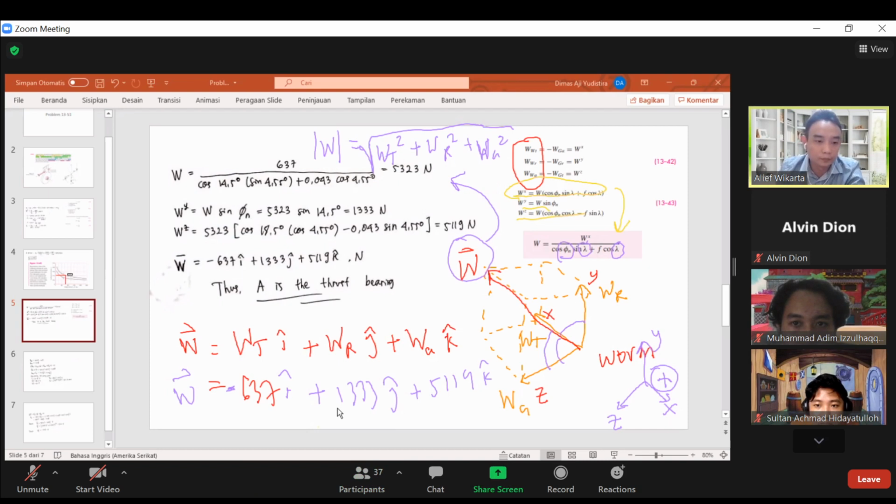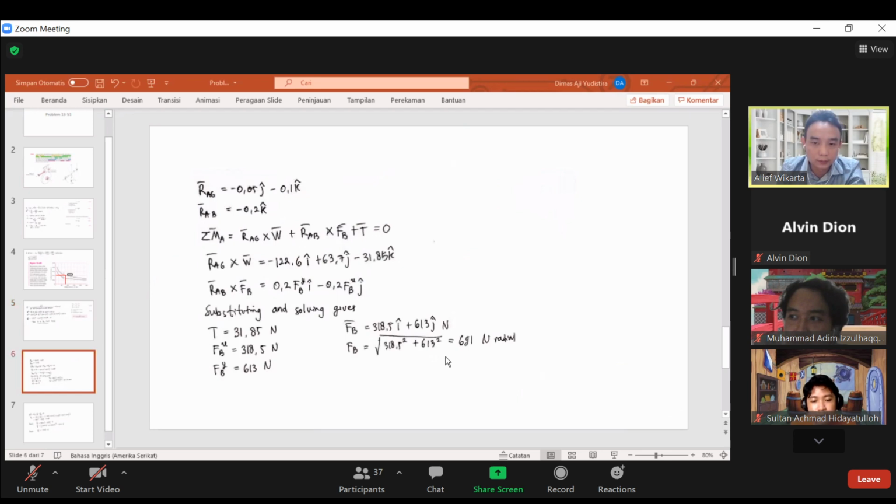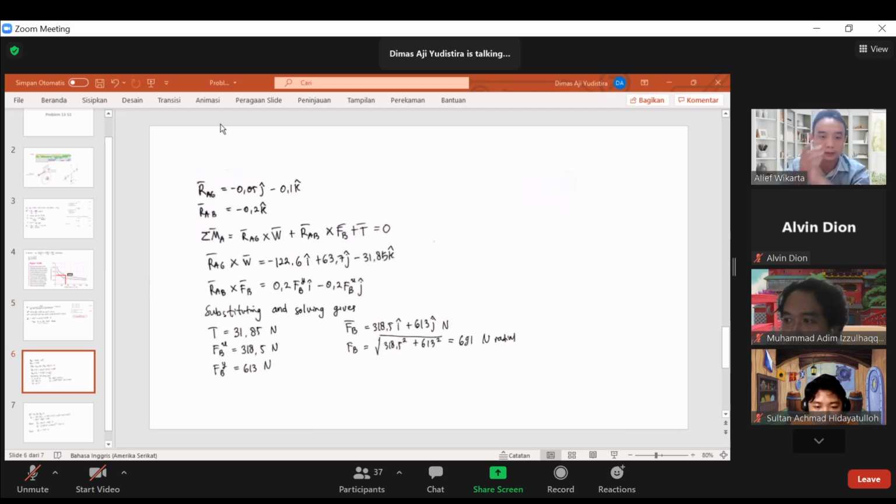Okay, Mas Dimas, do you have any question? No, sir. Okay, please continue, Mas Dimas. And then this is a vector of what? The distance vector between left and